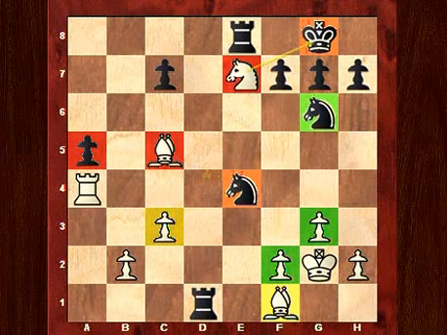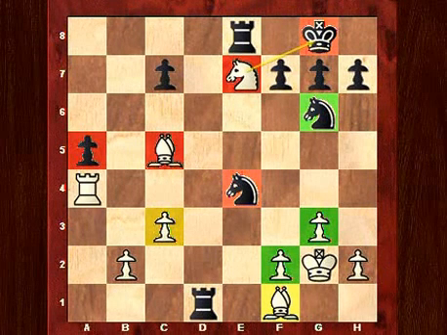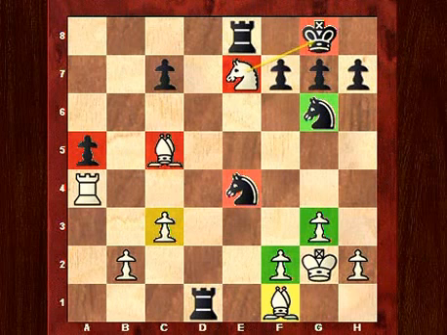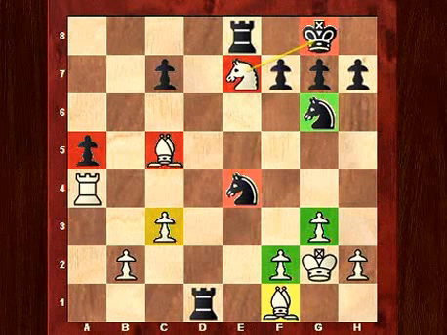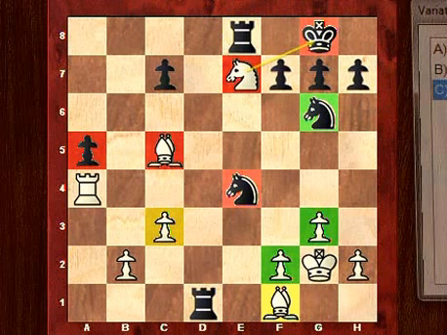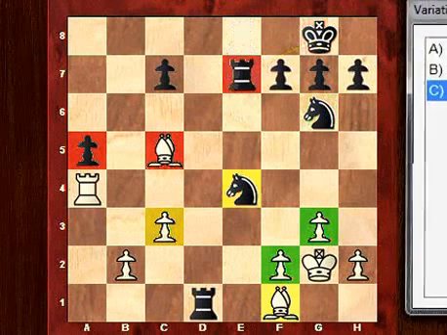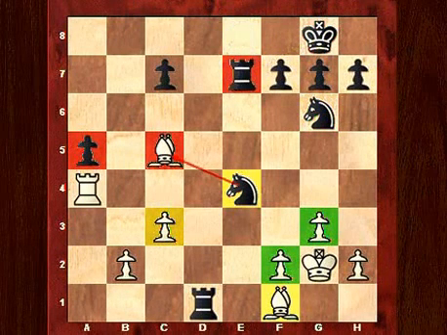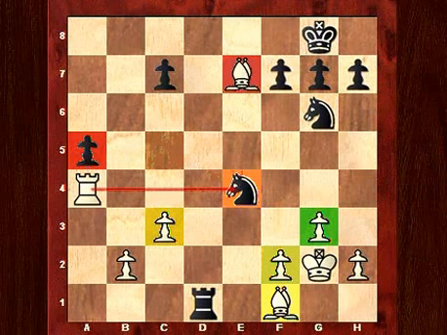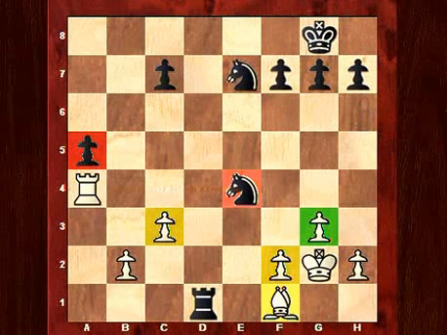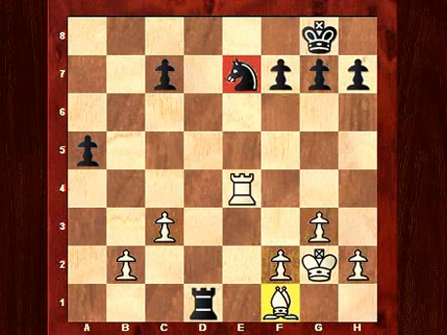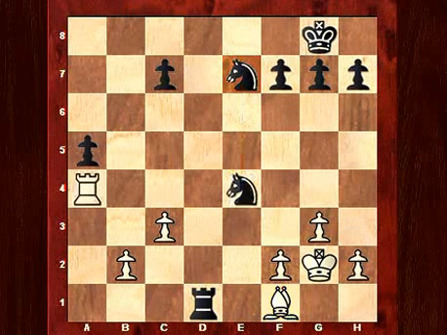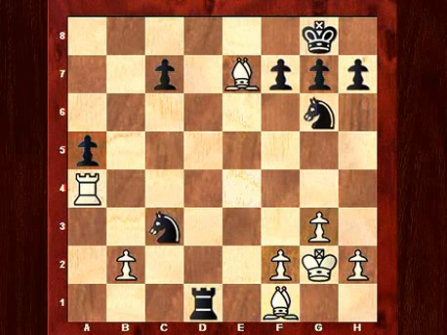Now knight to e7 check. If the rook takes, I'll capture with my bishop, and if knight takes, I will capture that knight on e4 with the rook. So rook does take, and the bishop takes. Knight should take, and now I play rook takes e4. We see here